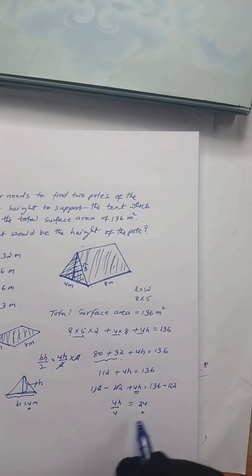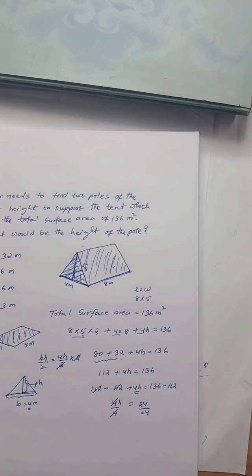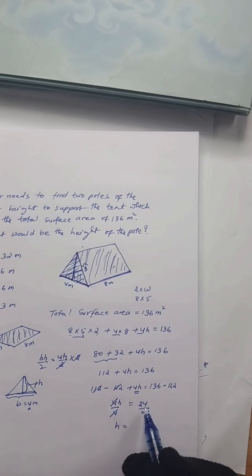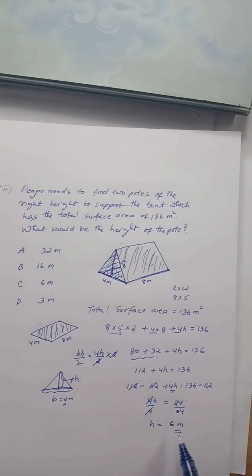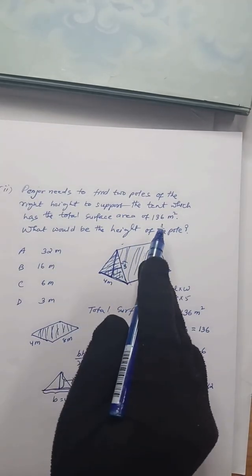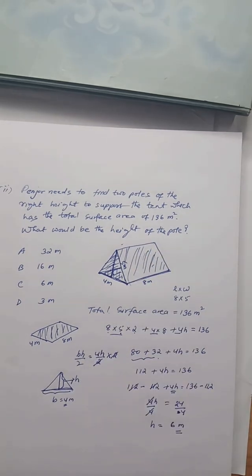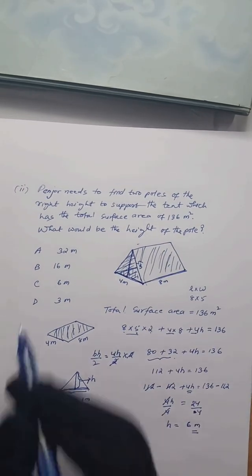Now divide on both sides by 4. I need to take this numerical coefficient out, because my ultimate aim is to find the height, and height is going to be 24 divided by 4. What is 24 by 4? 24 by 4 is 6, and the unit is meter. Therefore, the height of the poles must be 6 meter if the total surface area of the tent is 136 meter square or square meter. My correct option